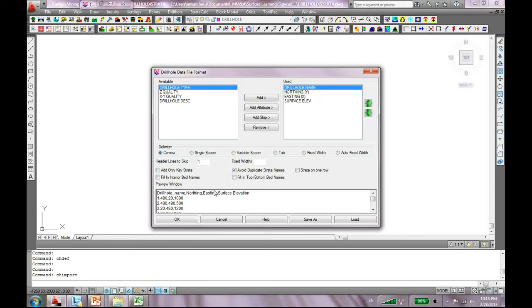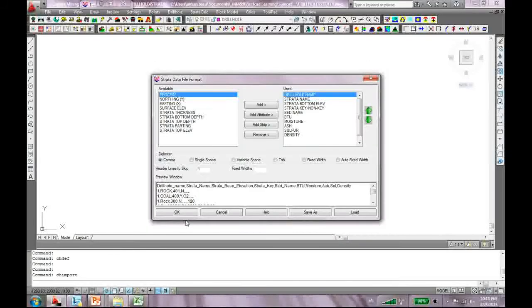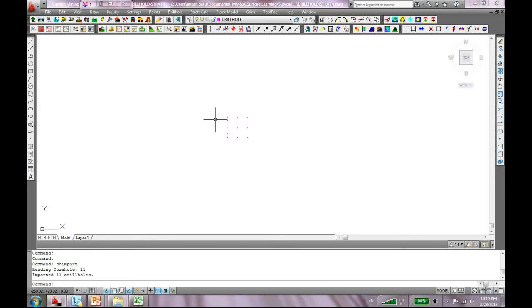Okay, header line to skip still 1, and in this one I'm not going to select any of these boxes in here. I'm not doing anything, just importing my data as it is. Then just hit OK, and again these parameters, their order is exactly the same as it is in my CSV file, then hit OK. So here I've imported my drill hole files, and as I said before, the first thing